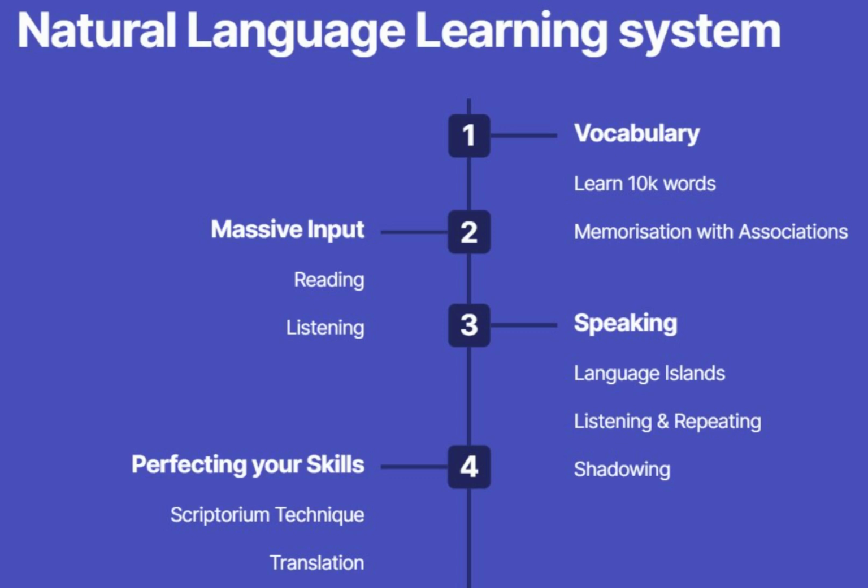So let's break it down. You need to know enough words. You need to know how to form sentences the right way, and you need to know what sounds each letter makes and each combination of letters make, so that you understand native speakers and they understand you when you speak. Ideally, you should sound as close as possible to them. That's correct pronunciation.